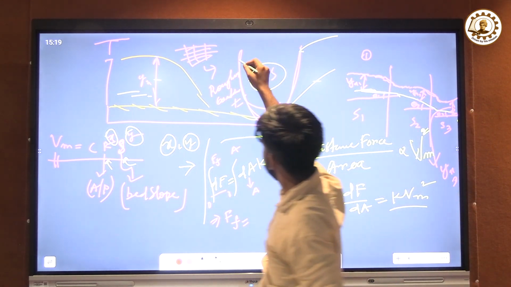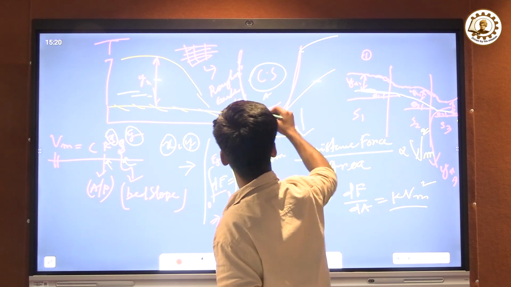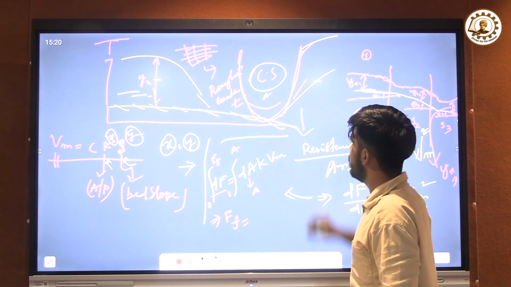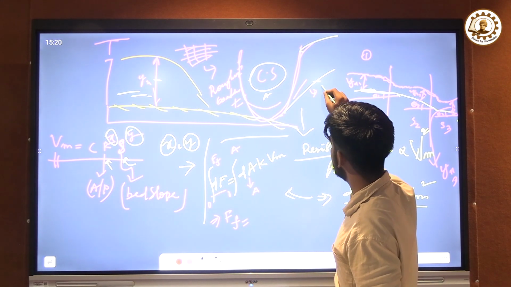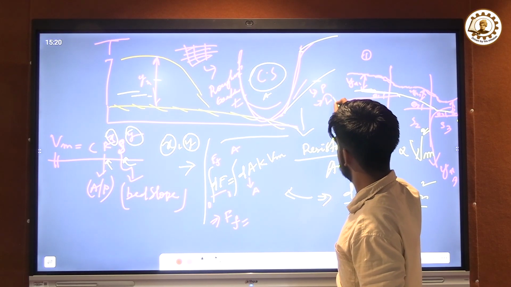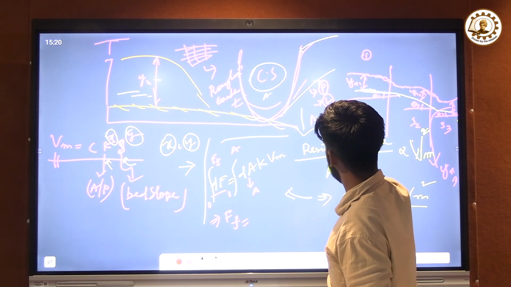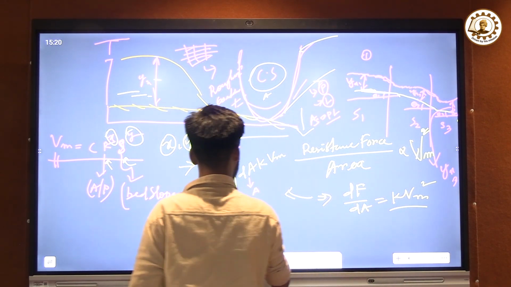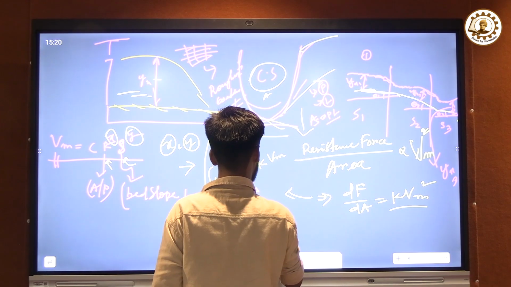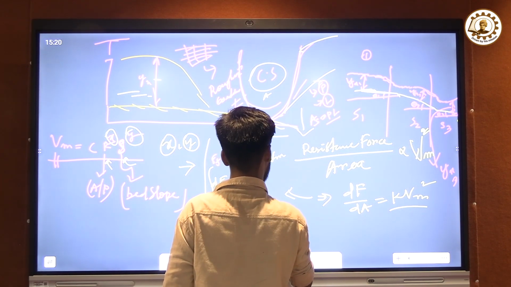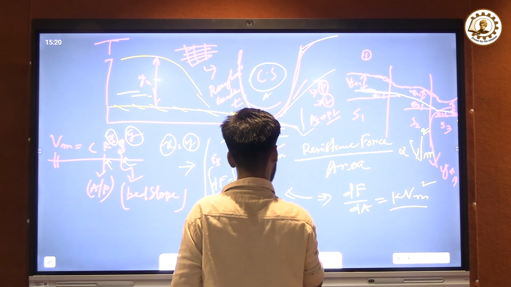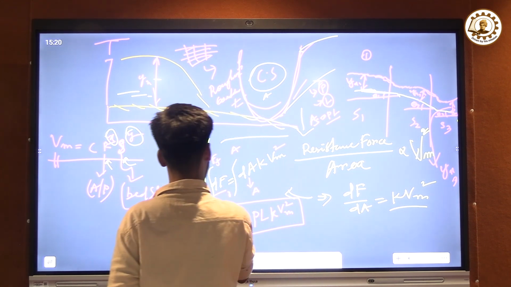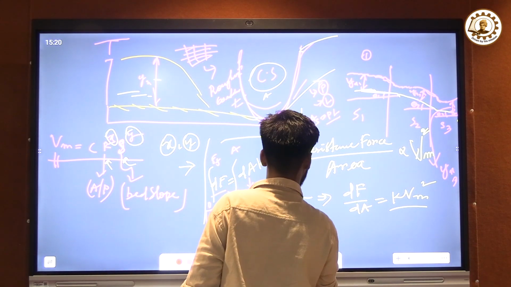Now if this is the cross section, the total side and bed area is given by its perimeter and its length. Then it will be A equal to PL. Write it here. PL k Vm square. This is our resistance